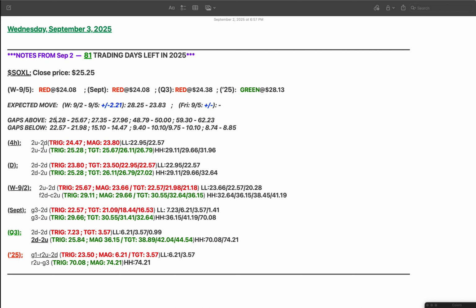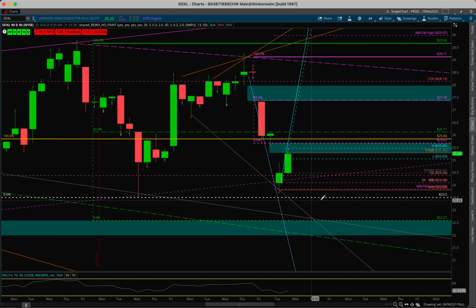If we go back and look at our upside triggers and targets on the 4-hour, it would not be a reversal. Just like the low to the downside would be a reversal with a 2 up, 2 down, to the upside would just be a continuation with a 2 up, 2 up. So there's a very clear trigger, but the target, we have to assess the price action and determine our targets from there. So if we look at that trigger of 25.28,